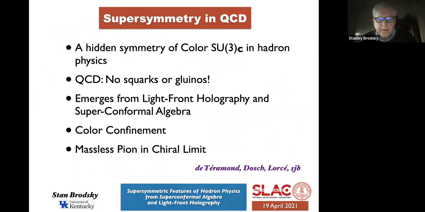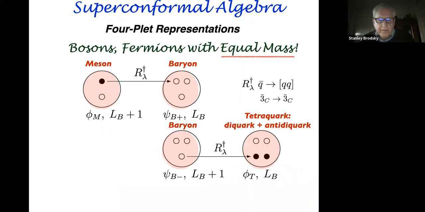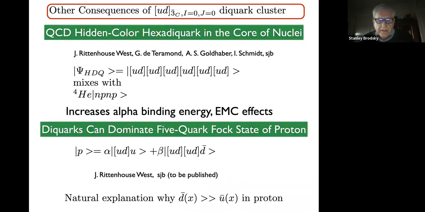So the supersymmetry is a hidden supersymmetry, color SU(3) in hadron physics. There are no squarks or gluinos, but it emerges from light-front holography, the mapping of AdS5 to us, and the superconformal algebra. And we have color confinement, massless pion, and a chiral limit. And then this multiplet. Now, one of the things that I worked on with Jennifer is, in fact, that you